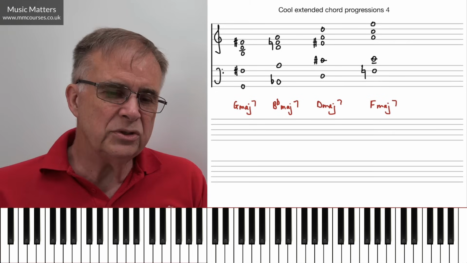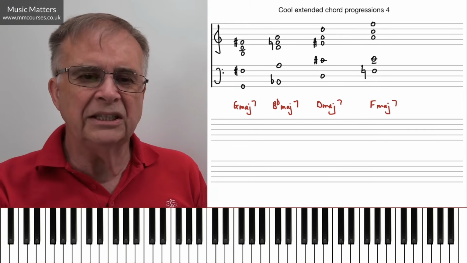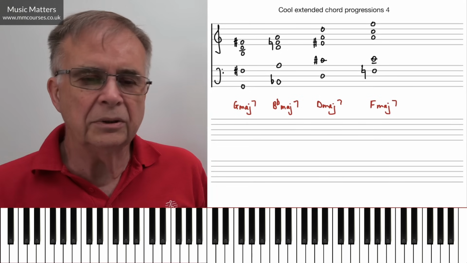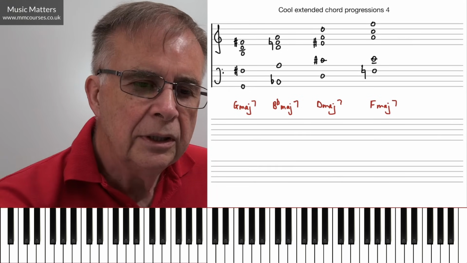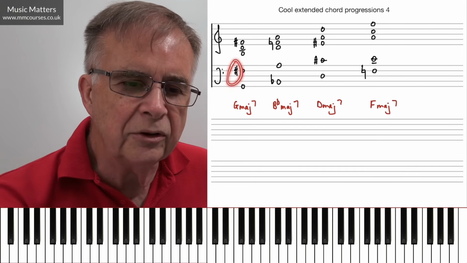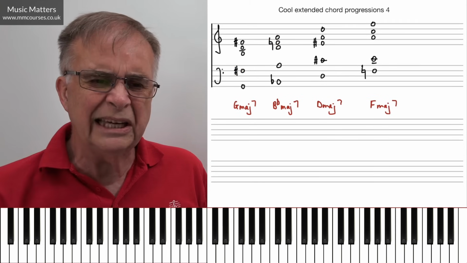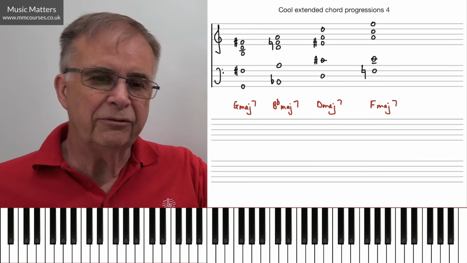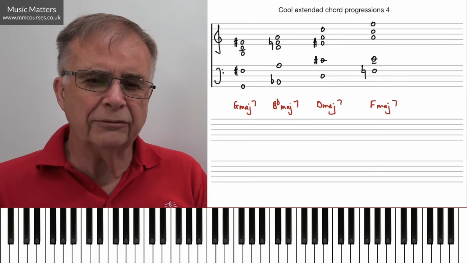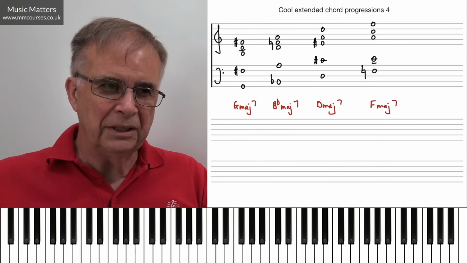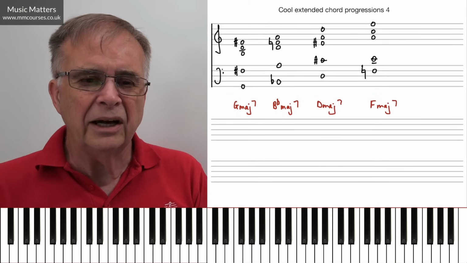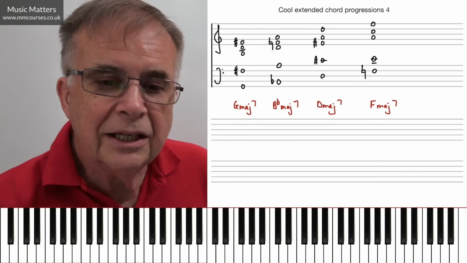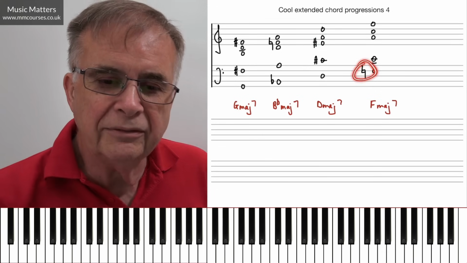Now, there are all sorts of conventions here that some people might be feeling sensitive about, apart from the fact that these neighboring chords don't belong to the same key. Some people might say, well, isn't there a false relation going on? We've got F sharp here, we've got F natural there. Are we allowed to do that? Well, in conventional terms, false relations are something we're advised to look out for. But when you're getting into something that's more of a modern style, well, you might think, I'm not going to worry too much about that. And in fact, I'm even going to embrace it. Here's another one. I've got an F sharp in this chord followed by an F natural in that chord.